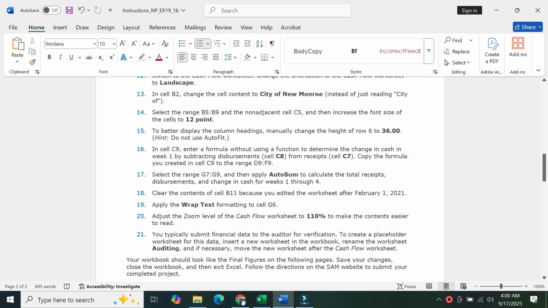The next question is question number 16. In cell C9, enter a formula without using a function to determine the change in the cash in 1 week by subtracting cell C8 from the receipts cell C7. So we need to subtract the value C8 from C7.